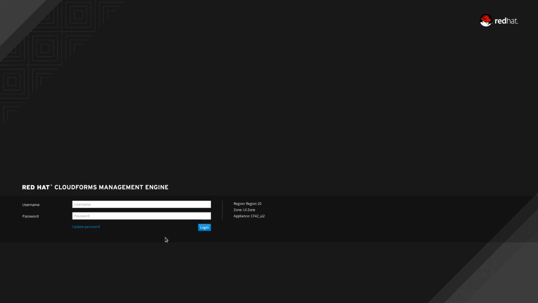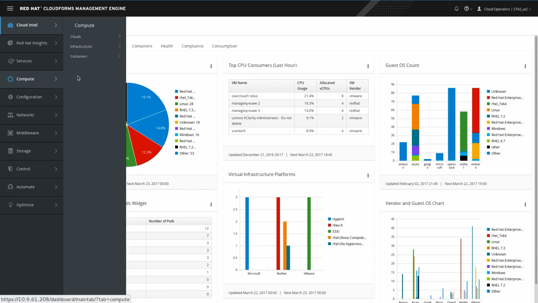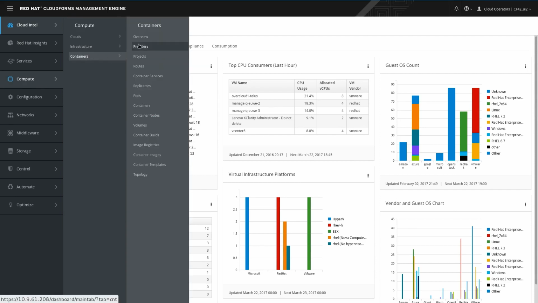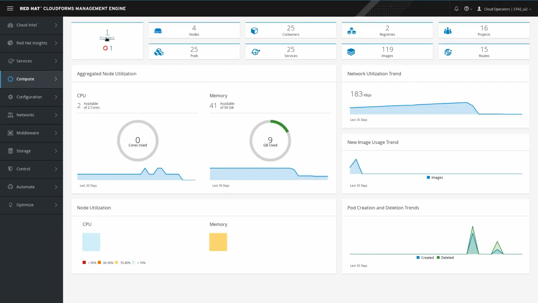Red Hat CloudForms is a cloud management platform allowing operators to manage infrastructure and workload running on public, private, and hybrid clouds. As an operator, we get access to an overview dashboard and can explore each infrastructure or workload for additional insight. Looking specifically at container infrastructure, a dedicated dashboard is provided, allowing operators to see how the deployment is performing